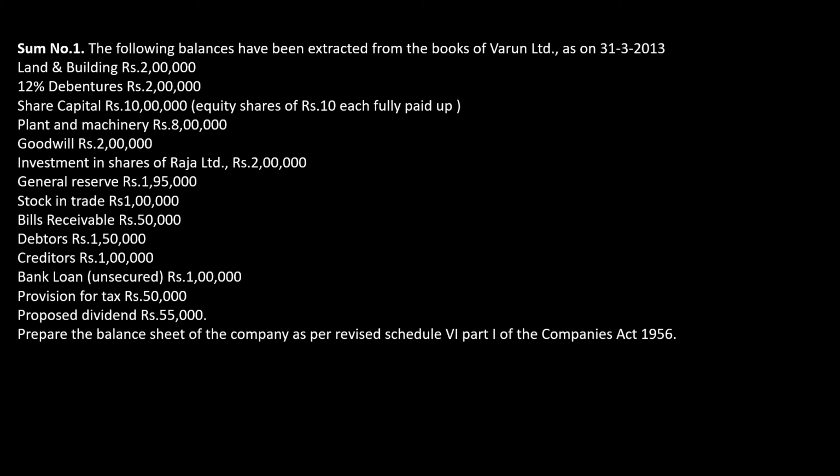Notes means nothing but you will have a heading for everything. You would have memorized the format, which I gave you in the previous class. For every heading, you have to post these values in the specific heading. For example, goodwill comes under the heading intangible asset. Plant and machinery comes under the heading fixed asset. That is a tangible asset. General reserve comes under the heading reserves and surplus. Bills receivable goes under the heading trade receivable.